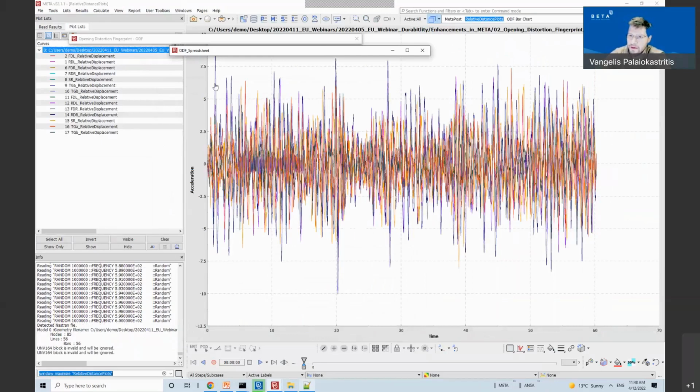This is for the tests and the simulations, and this is the distortion of each closure.